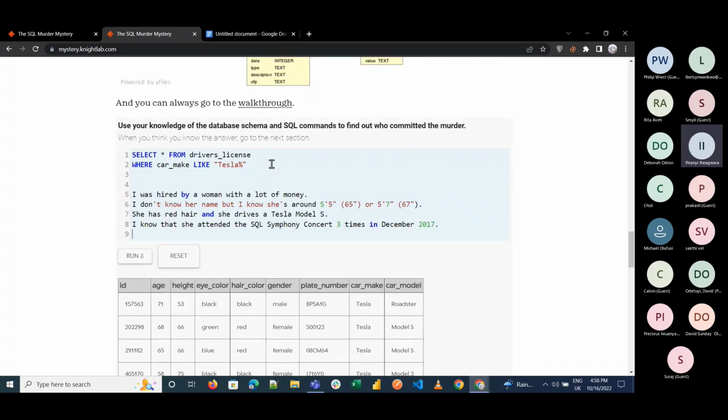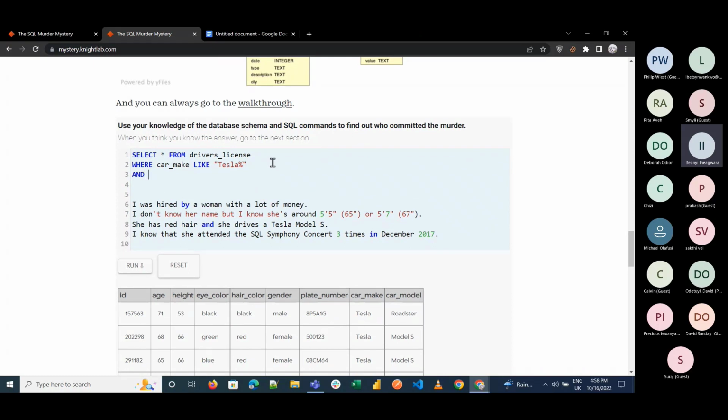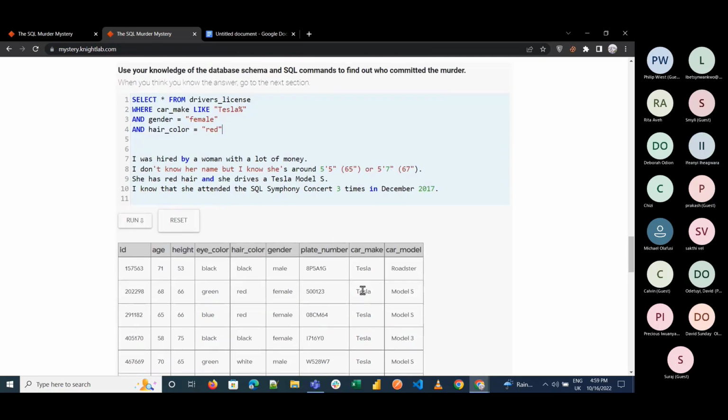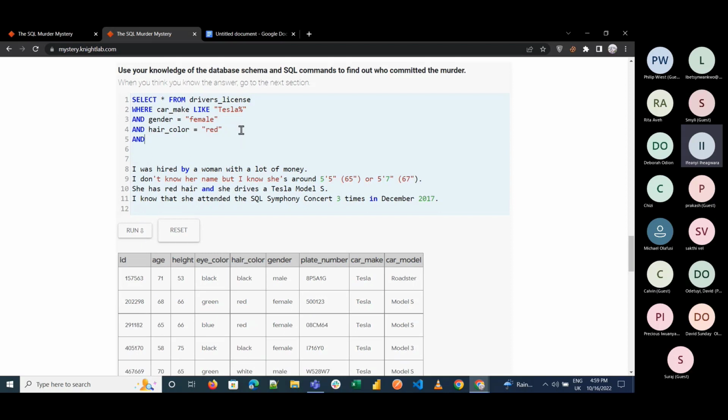Okay, so we know the gender of the person is female. We also know that the hair color is red. That's all we know about the person. Okay, we know her height actually. So we also know her height. So the height of this female is